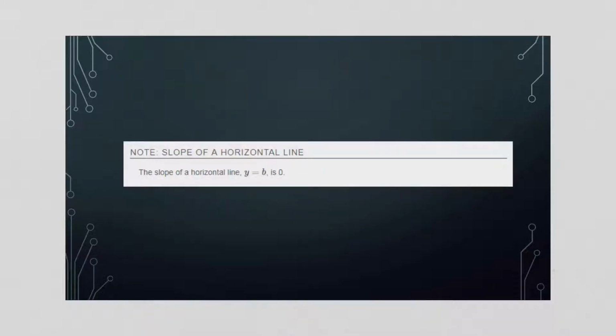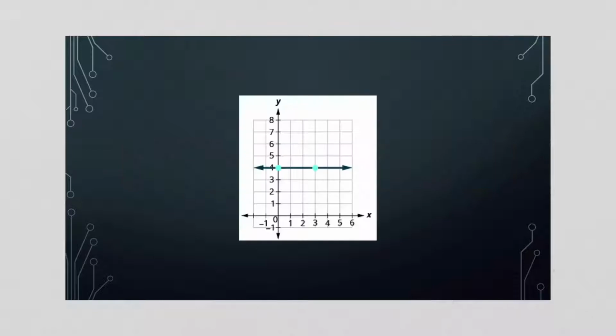This page is just reiterating what I just told you. The slope of a horizontal line is 0. Take a look at this horizontal line. So its slope is 0. Now, whenever we were graphing this the other day, its equation is different. So the equation of this line